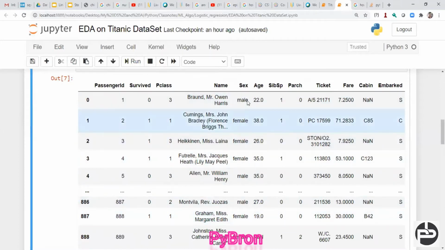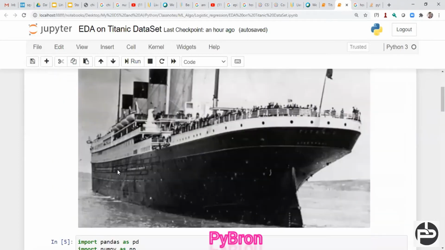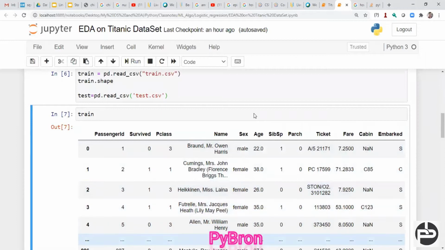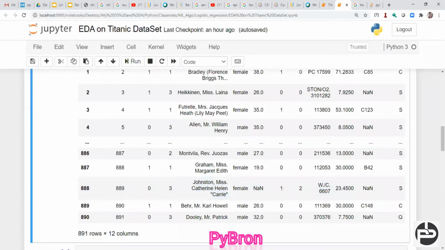Embarked means again there are different levels available in a ship: the bottom section, middle section, and upper section, right? These are different labels. Hope you understood the data set.